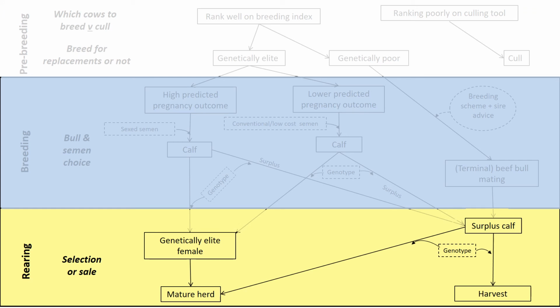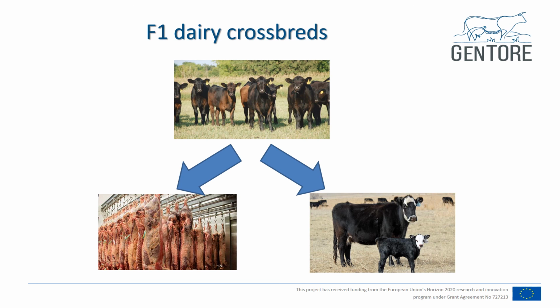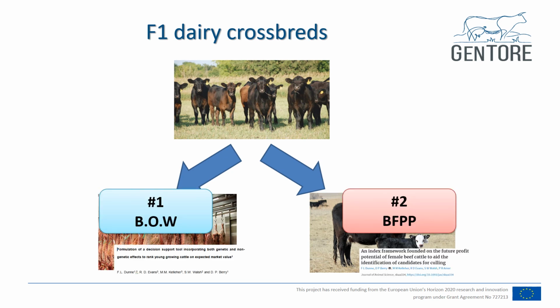And then as we near the end, we have the surplus calves. Although from a dairy perspective no animals would be moving from surplus calves into the mature herd, if you think about it from a dairy beef perspective, there are many beef cows that will actually be F1, first cross dairy versus beef. They could have arisen from genetically inferior dairy cows mated to a beef bull, producing a dairy beef F1 female. When you genotype it, it is suitable for graduation to the mature herd. So what you're trying to decide here is, my F1 dairy crossbreds, should I slaughter them or should I retain them as females? So the first one is what we call the beef own worth,